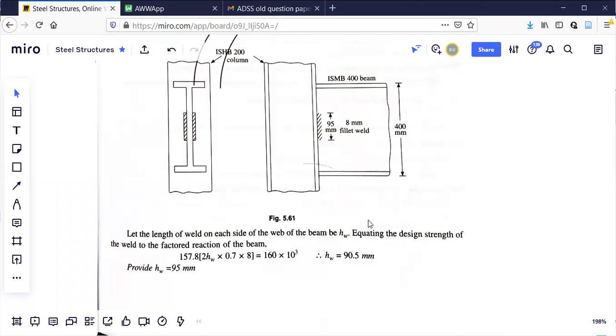This is taken as the simplest example because there is no moment here. The beam is not fixed. If the beam was fixed, again there would be a moment at the fixed end. That moment as well as the reaction you have to decide. That will be the next example.